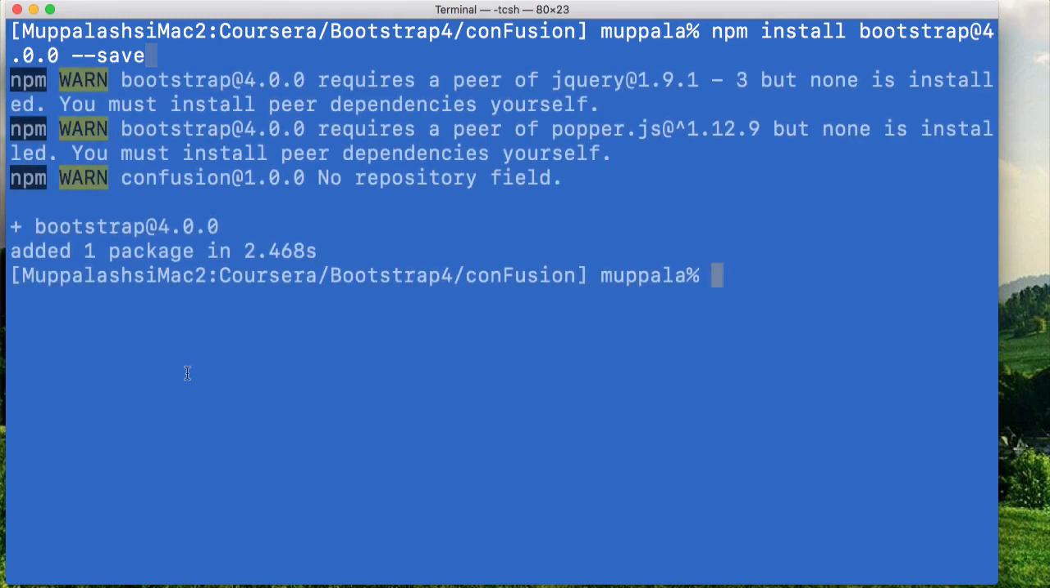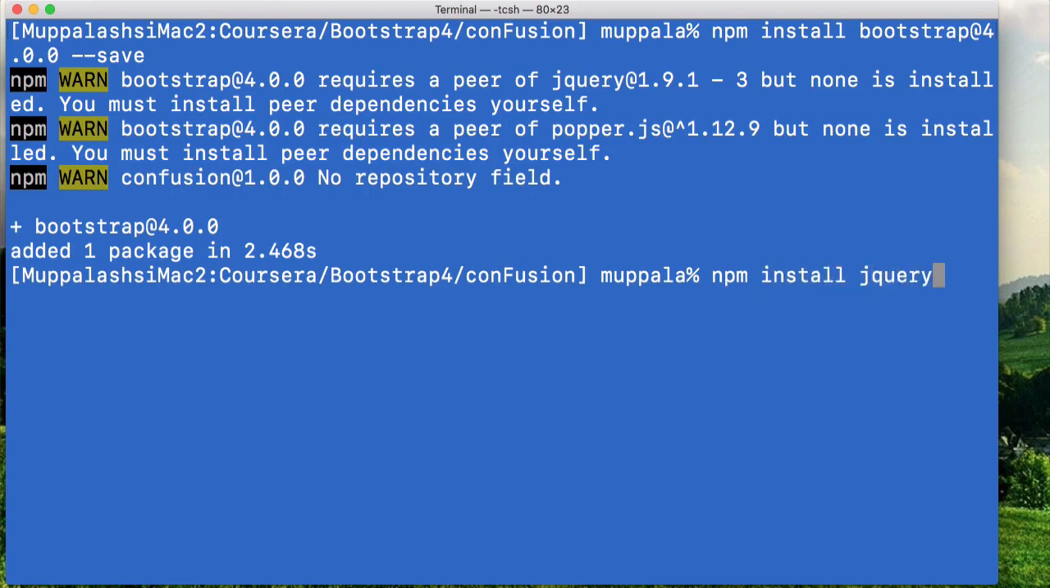be installed. Once Bootstrap is installed, we realize that we also need to install its peers, which are jQuery, as well as popper.js. So let's go ahead and install both jQuery and popper.js into this project folder. So to do that, at the prompt, type npm install jquery@3.3.1 and popper.js@1.12.9